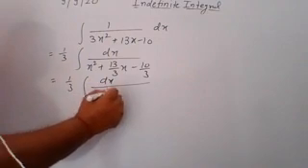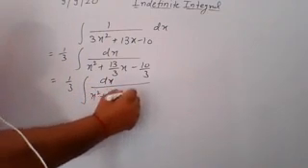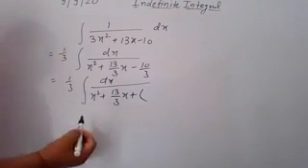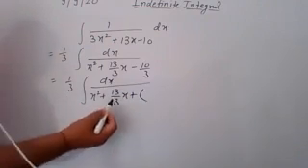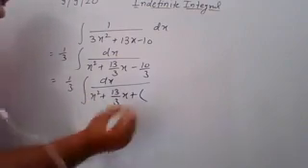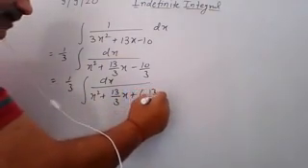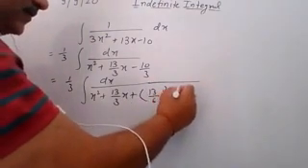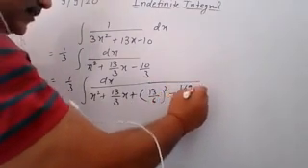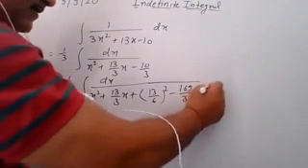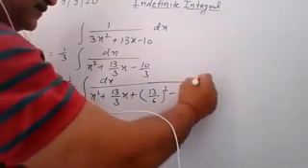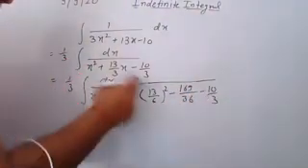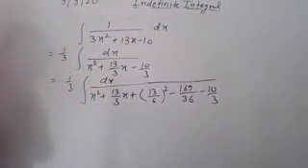It is equal to 1 upon 3 integration dx upon x square plus 13 upon 3 into x plus, what do you do? You take half the coefficient of x, which is 13 upon 6. So write 13 upon 6 whole square here, and you subtract it also. So 169 upon 36 minus 10 upon 3. dx is already written here. So that is your result.